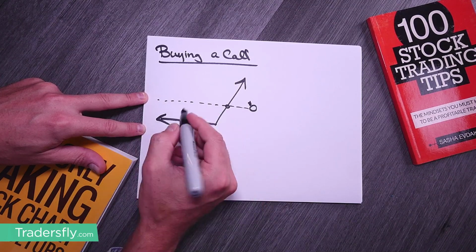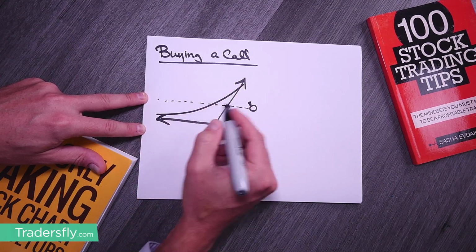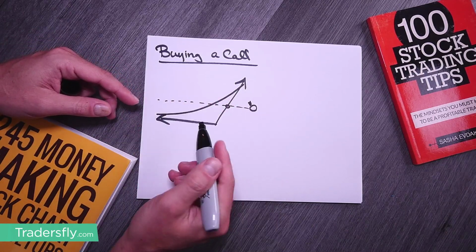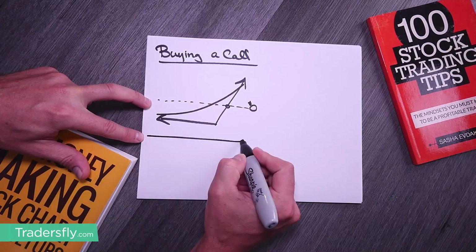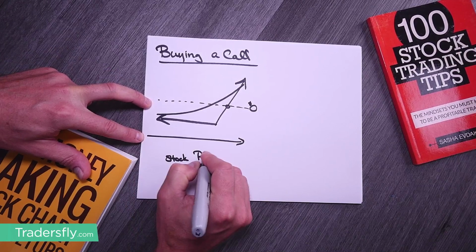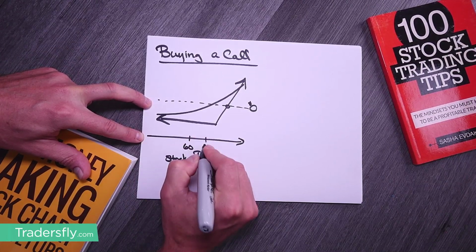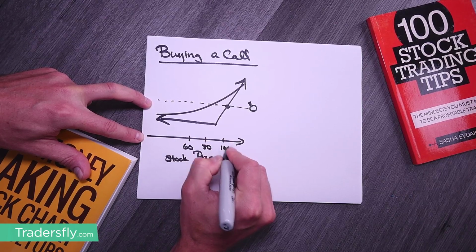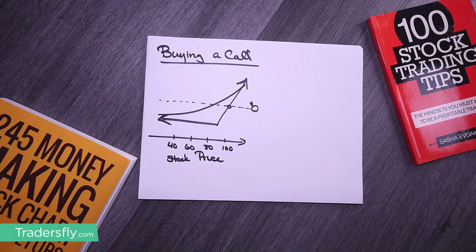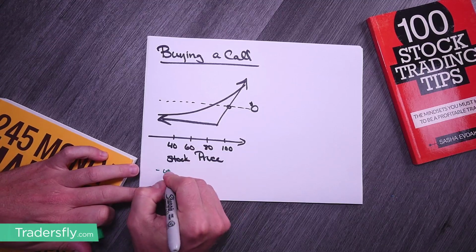This is our expiration line, and here is your current T plus zero line, which moves as the stock wiggles up or down. Here is our stock price. This could be $60, $80, $100, or this could be $40. When you buy a call, there are a few things that happen. Number one, you have unlimited